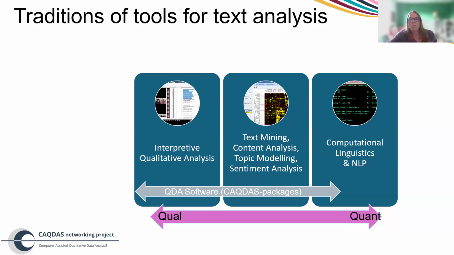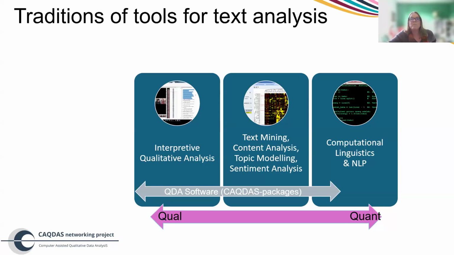What many of us are probably working within is more of this interpretive qualitative analysis space. And that's where many of the tools that you might be familiar with as qualitative researchers derived from the 1980s. So I'm talking about things like NVivo, MaxQDA, Transana. Those sorts of tools were also evolving in a kind of third stream, if you like. Okay, and over time, some of the tools that we initially saw, particularly in the text mining space, were coming into the interpretive qualitative analysis space.